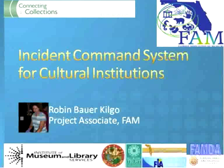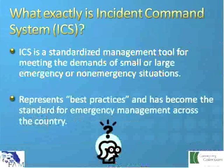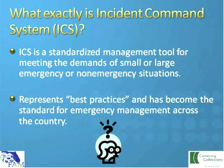So I'm going to start by talking a bit about what exactly the Incident Command System is. Basically, ICS is a standardized management tool for meeting the demands of small or large emergency or non-emergency situations. It represents best practices and has become the standard for emergency management across the country. This entire system, which again is used by FEMA and by state and local agencies, pretty much came out of